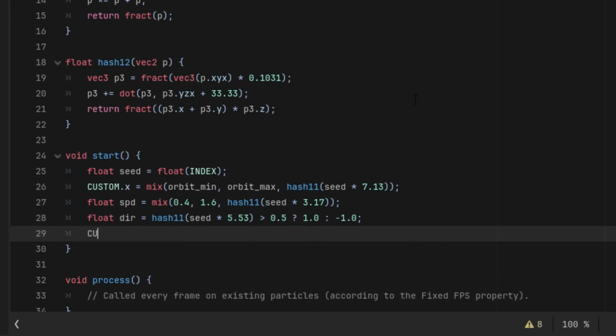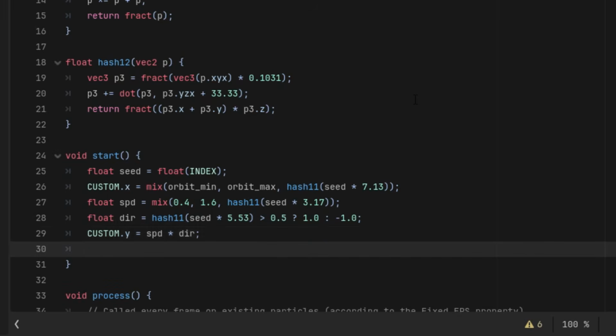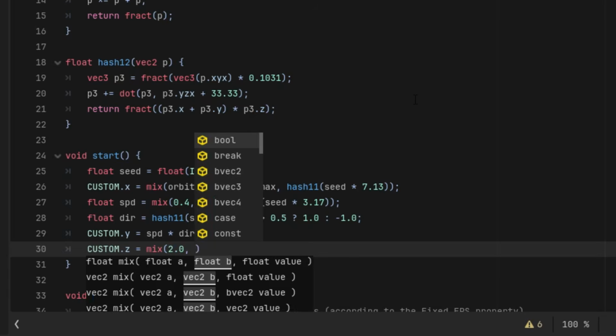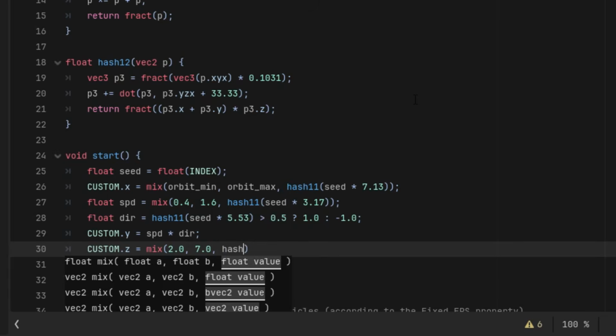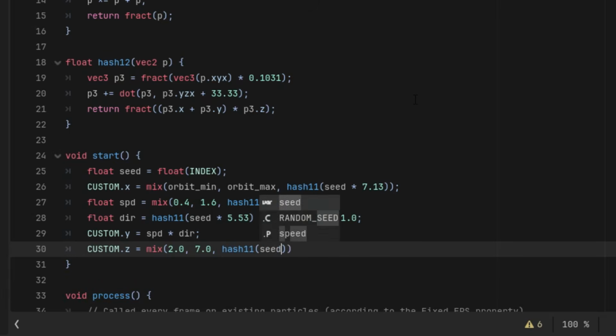And finally we can assign the result to custom.y, and it's simply SPD times there. Great. In addition, we don't want all particles to spawn at the exact same position, so we'll calculate a random offset and store it in the z component. So custom.z equals, and again, mix of 2, 7, and the weight factor of hash11 seed times, and this time 17